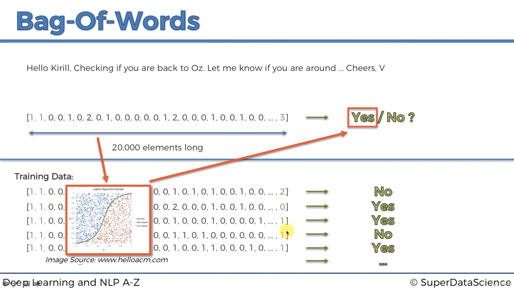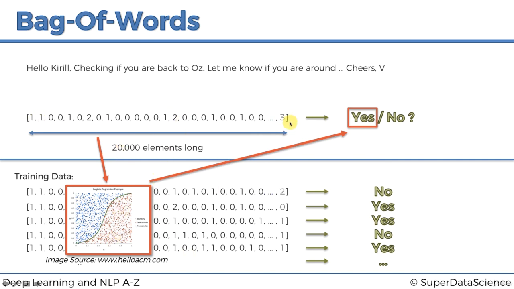So you can see that every time we were training the data, the independent variable vector always had the same length, 20,000. It always had the same format. So we know that this position always corresponds to a certain word. This position, let's say 1, 2, 3, which word was it? 1, 2, 3, 4, 5, 6, 7, 8, 9. So this one was the "if", right? So we know that it's the same format, it's always the same length, 20,000.